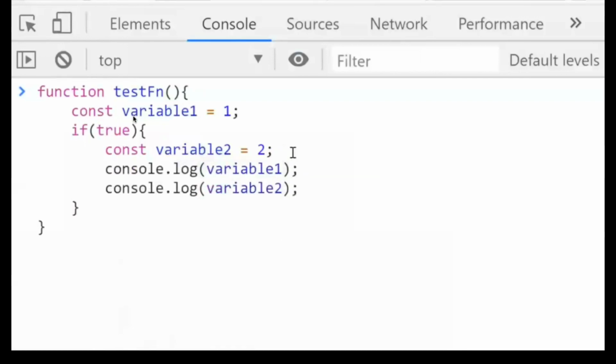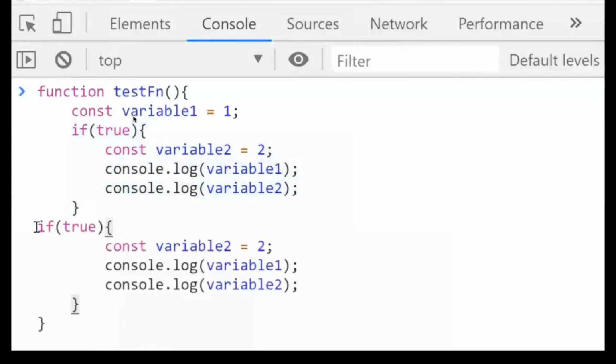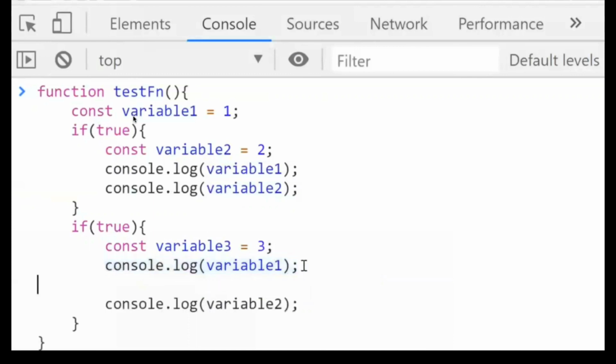Just try to guess the answer in your mind so that you'll get to know whether you are understanding the concept or not. Next, we take a variable 3 and then try to console log the value of variable 1, variable 2 and variable 3.